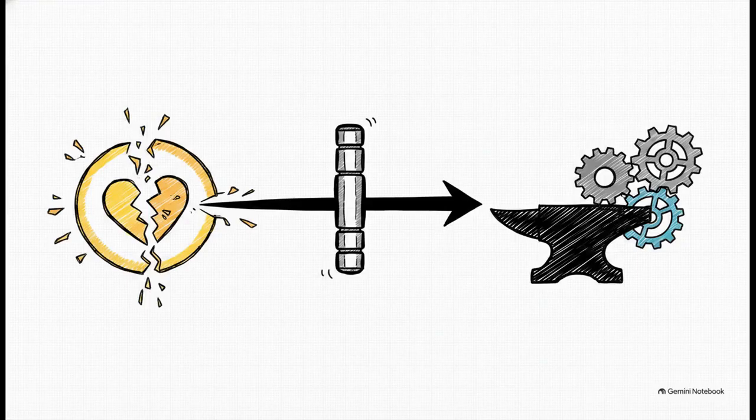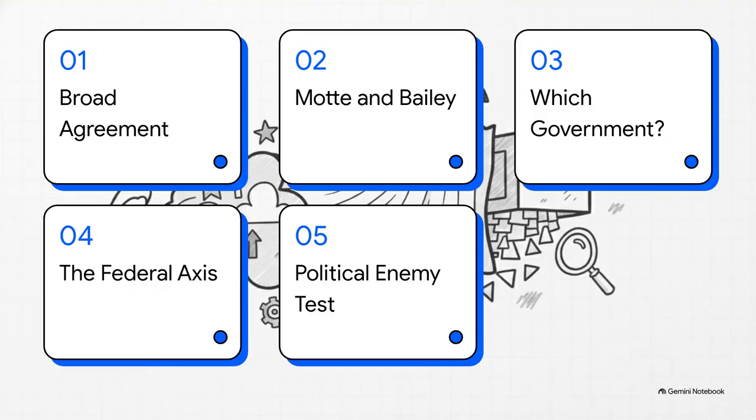But here's the catch. That whole illusion of total agreement shatters the absolute second a politician uses one specific word. And that word is therefore. It goes like this. Housing is too expensive, therefore something must change. Healthcare costs too much, therefore the system must be reformed. Up to this point, we're all nodding along. But that pivot from a universally loved goal to a highly specific, highly consequential action happens right there at that exact word.